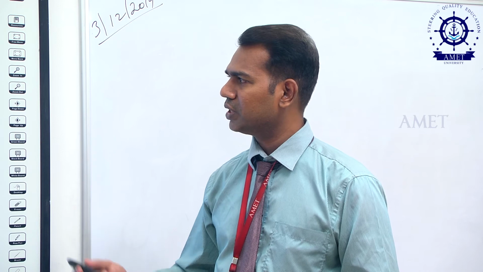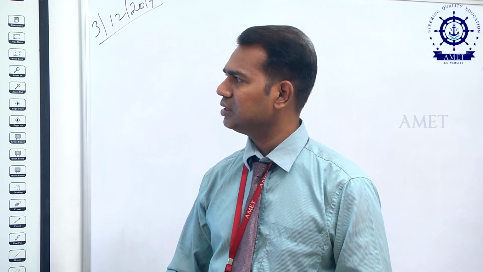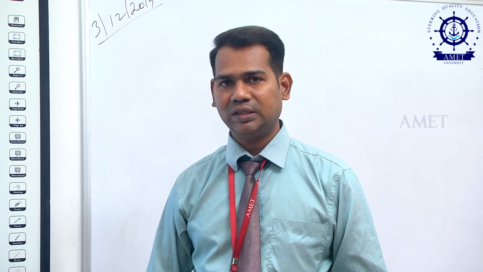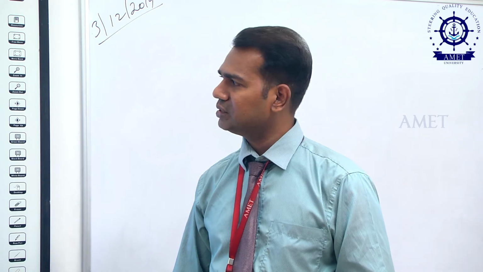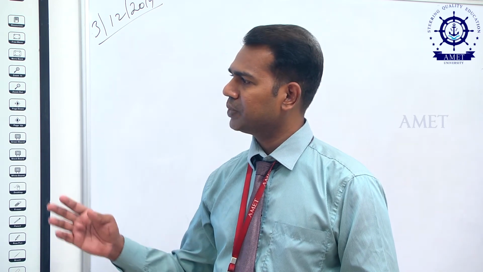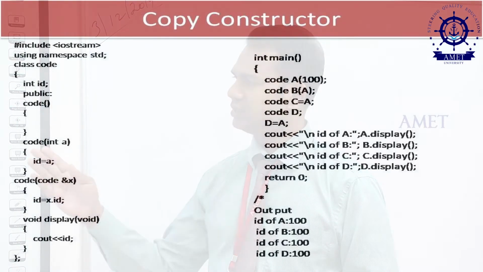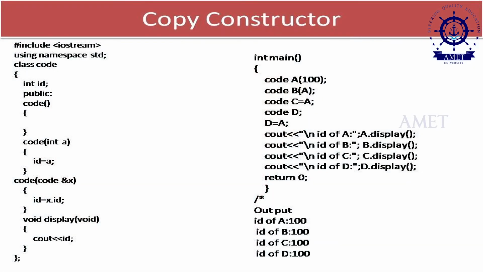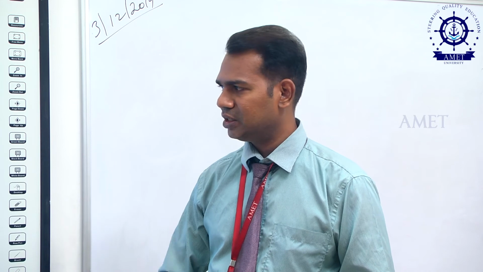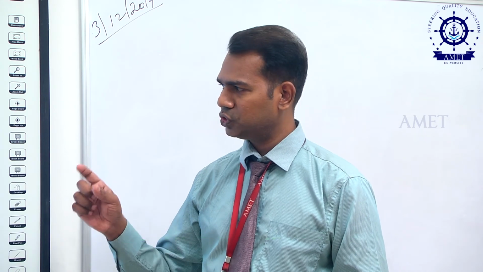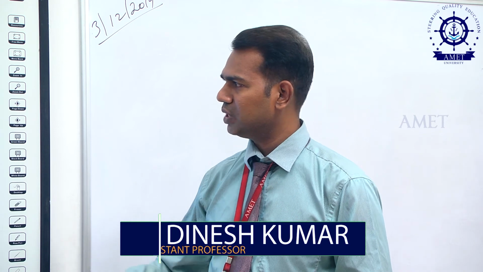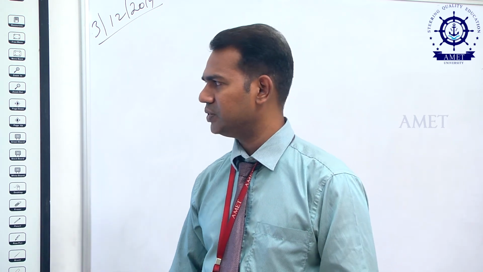So it will be going for code A, and here we are passing a value 100, not a reference. Once we pass a value 100, it looks for a constructor which has a parameter type of an integer. We have the first constructor int a, and here also we have 100 as an integer. So that constructor will be called, and after the execution of that constructor, id will become 0. Again control comes to the main function.